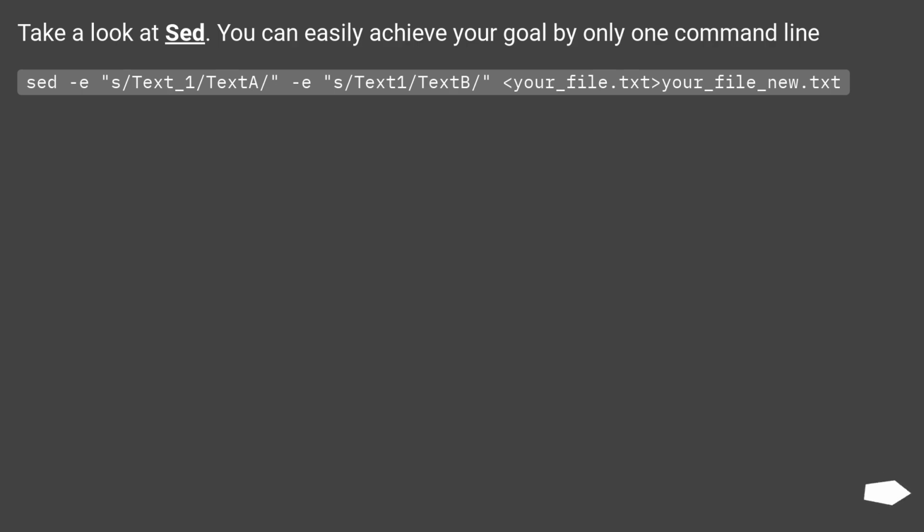Take a look at sed. You can easily achieve your goal with only one command line. sed s/text_1/text_a/g;s/text1/text/g < your_file.txt > your_file_new.txt